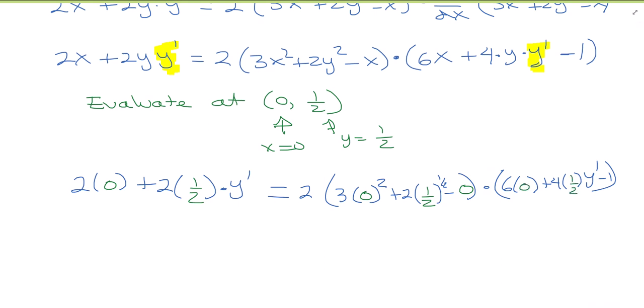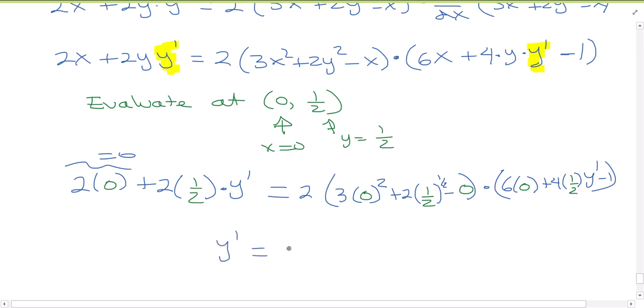So notice that this is going to make it a lot easier, right? 2 times 0, that's 0. 2 times 1/2, that's 1. So I'll have y prime equals 2 times that 0, that's 0. 2 times,